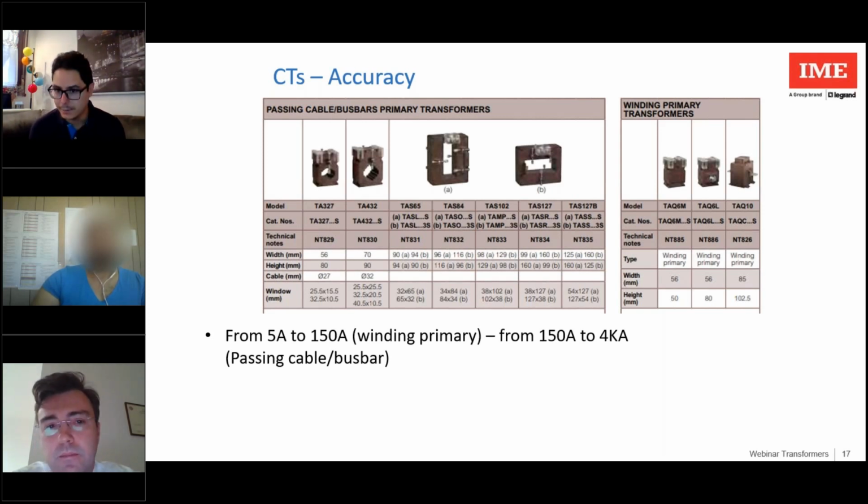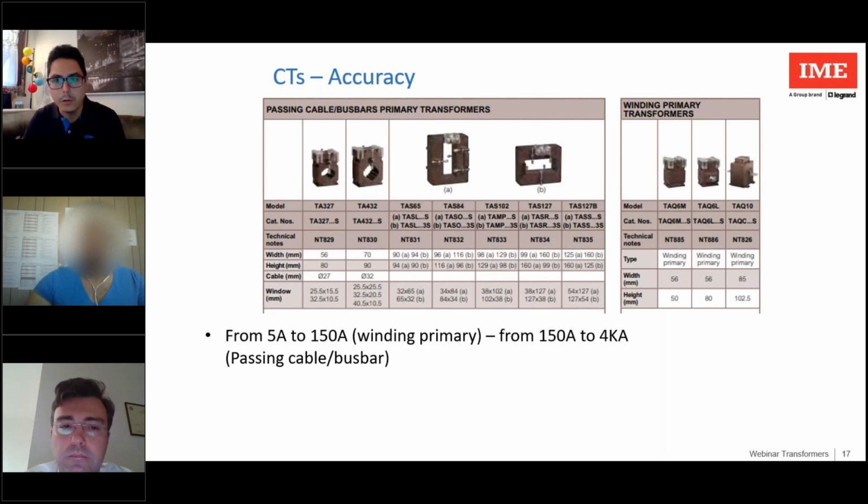Okay, yes, that is right, but if you change your system, you know that you also have a measurement system, so you have to modify your measurement system too. That's why you, for example, use the open current transformer. As I say,